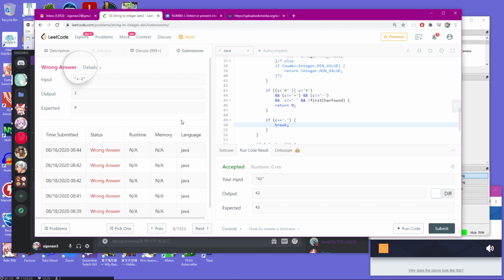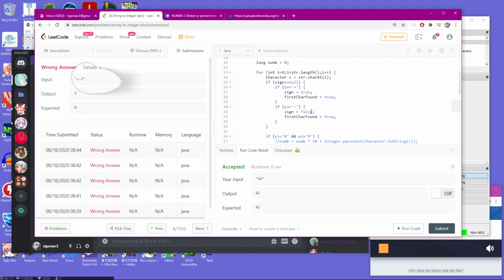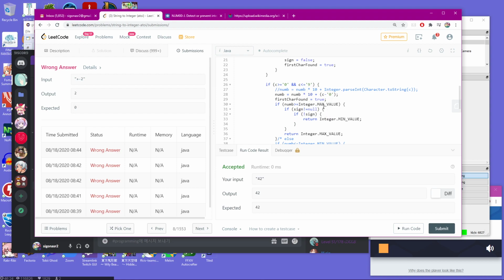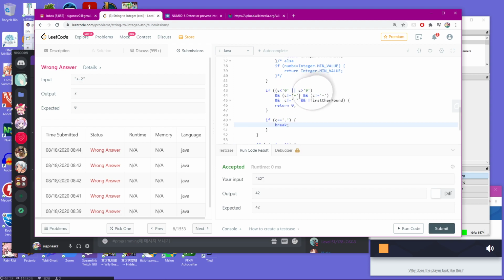Now we have this plus minus 2. So they're trying to trick us with these signs here. Because the minus sign is not a valid number. So after we find a sign, well, the next thing expected is a number. So if we find another sign value, we need to accept that as invalid because we haven't found a number yet. So we can't just simply plop in if it's not equal to plus or is not equal to minus. We also need to say if we haven't established a sign yet. So sign is equal to null, and